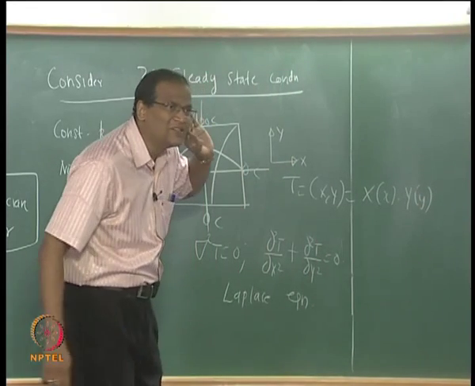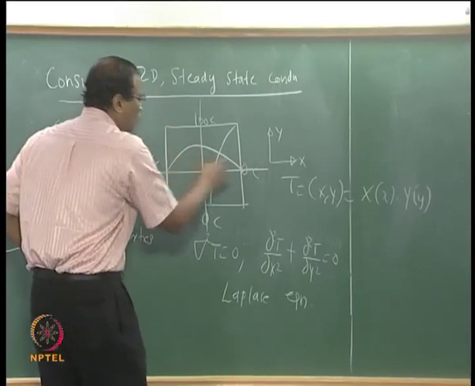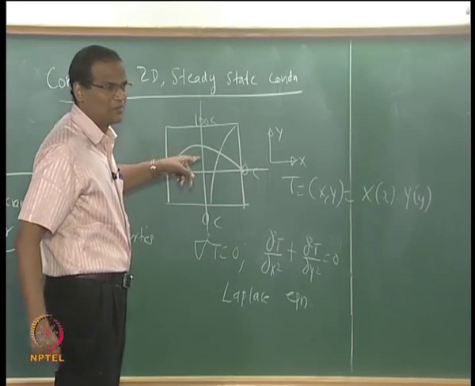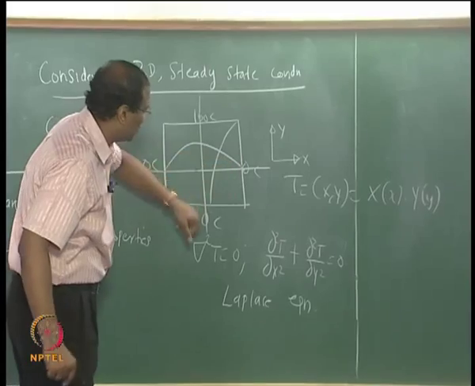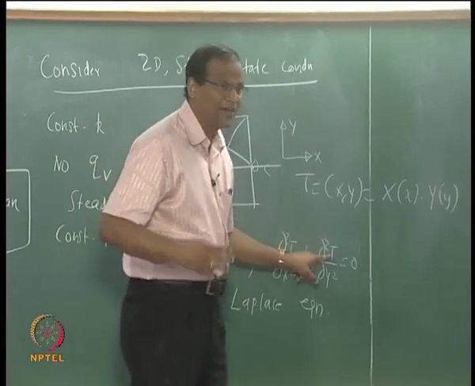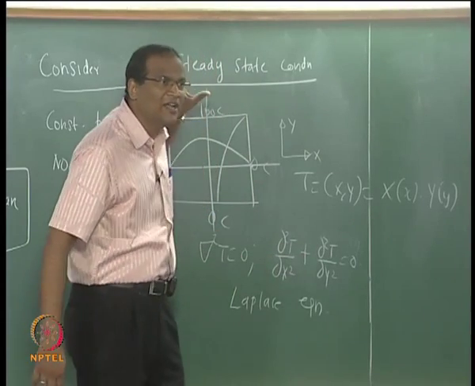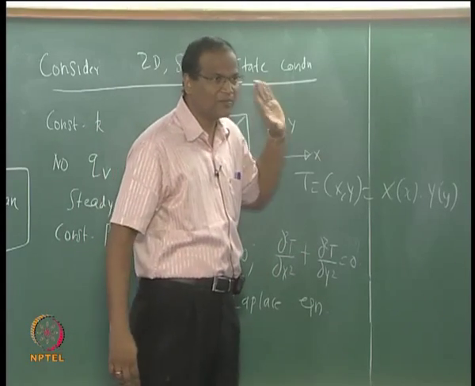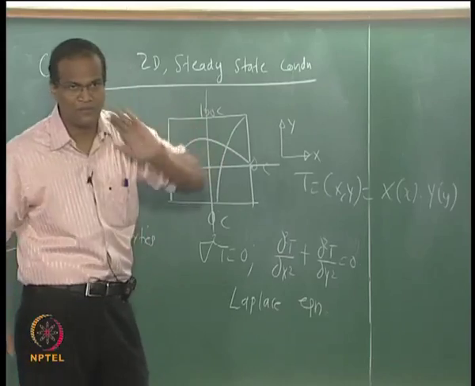So this is what is called an elliptic equation, because information on all the four boundaries is required to solve this problem. So 100 degrees, 0, 0, 0, I have got 4 boundary conditions. It is second order in x, it supports 2 boundary conditions. It's second order in y, it supports 2 boundary conditions. If I use all the boundary conditions, I can get a, b, c, d and solve the problem.